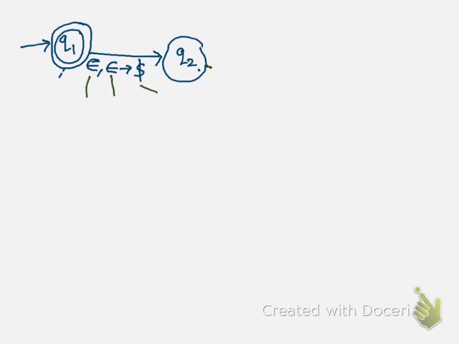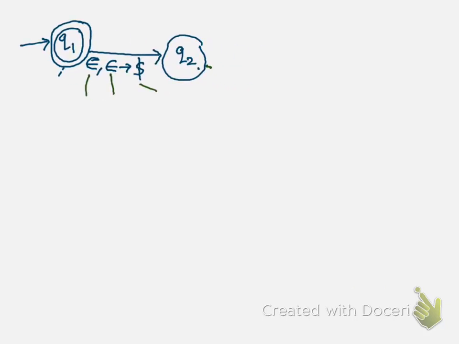So you should realize where you should be changing states and where you shouldn't be changing state. If you see in this example here, I have changed the state when we push dollar, and you should realize why I have changed this state. What will happen if I do not change this state?